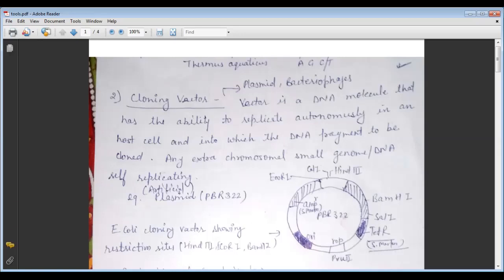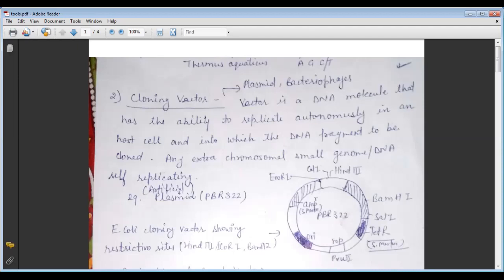Firstly, the plasmids, because of their high number per cell, have very high copy numbers of their genome within the bacterial cell, and some plasmids may have only one or two copies per cell, whereas others may have 15 to 100 copies per cell. Their number can go even higher, and if we are able to link a foreign piece of DNA with the bacteriophage or the plasmid DNA, we can multiply its number equal to the copy number of the plasmid or the bacteriophage. So this is the plasmid or bacteriophage discussion.